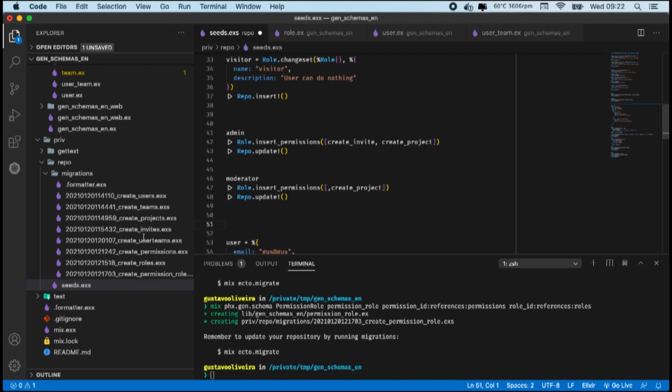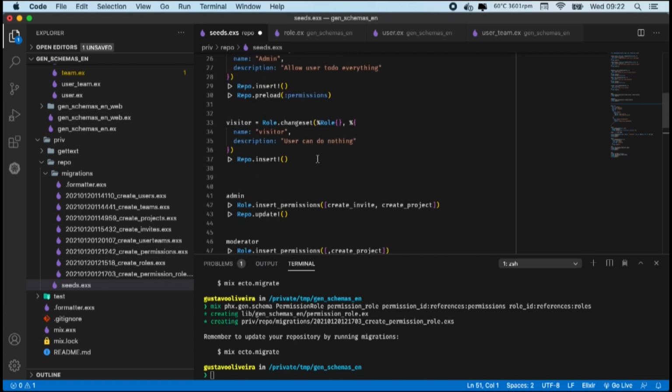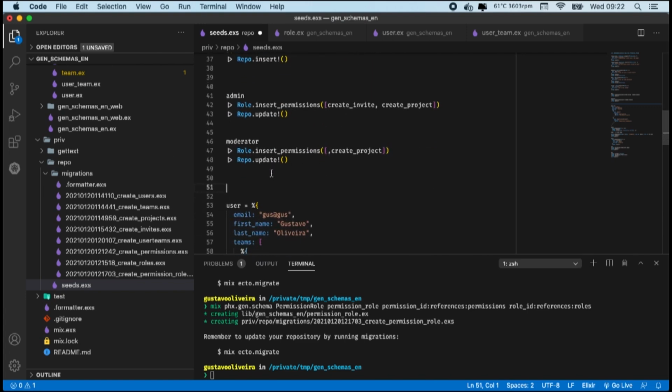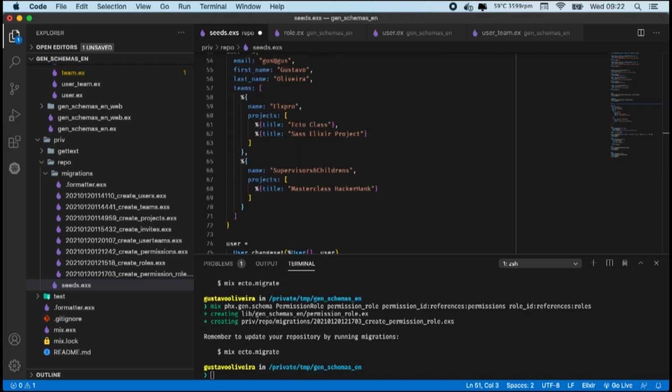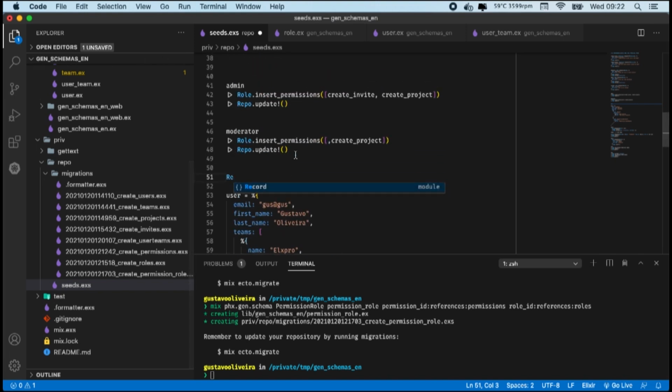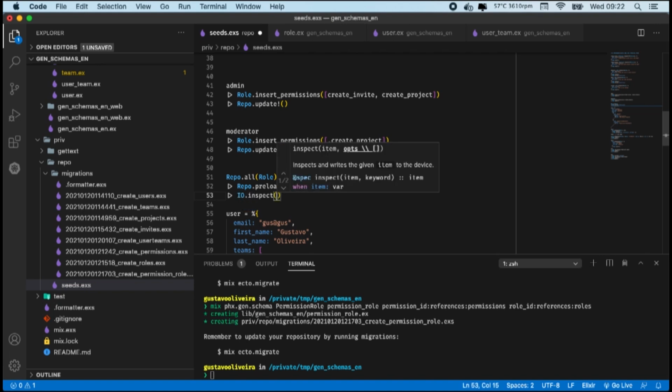And let's load all the information for the user and for the roles. So to do that, you can use Repo.all passing the role, and after passing the role, you can use the repo.preload permissions, and after this you can use the IO.inspect to see